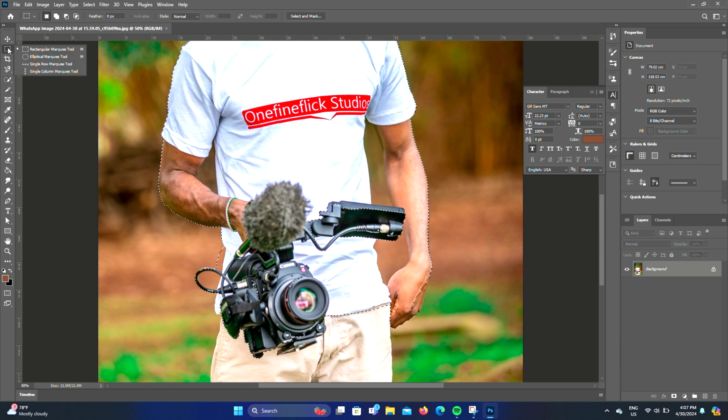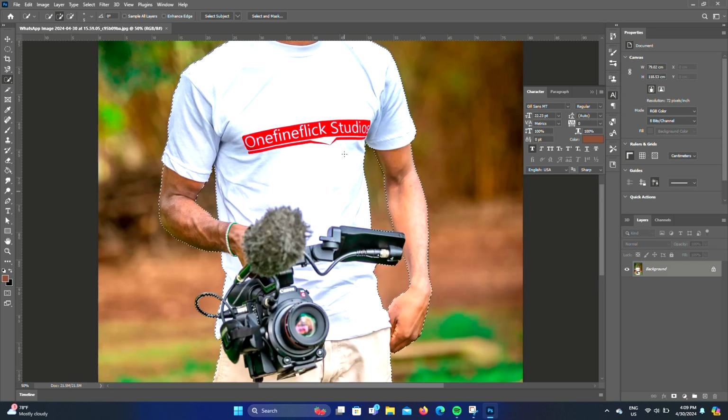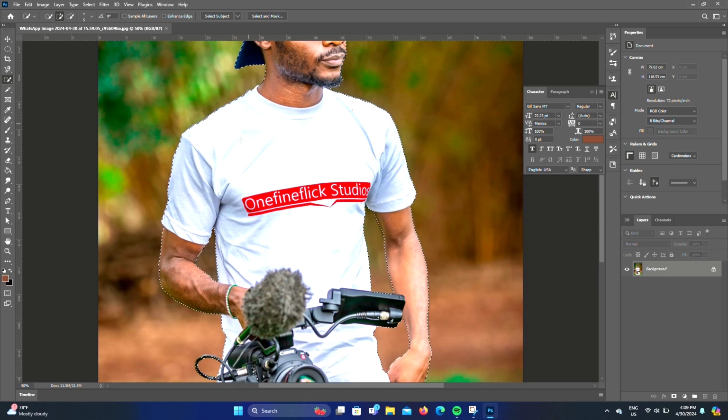You can use all these other tools. You can come back here and use the elliptical marquee and hold your shift and just select what you want and what you want to remain. Okay, just select everything accurately,